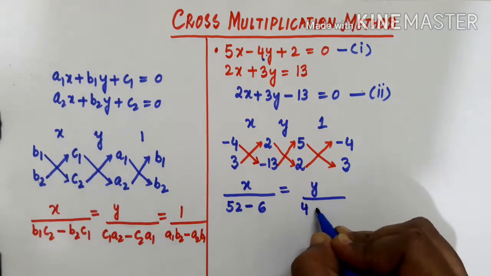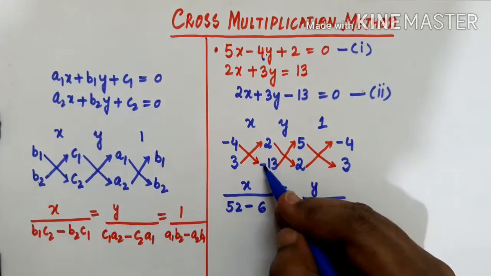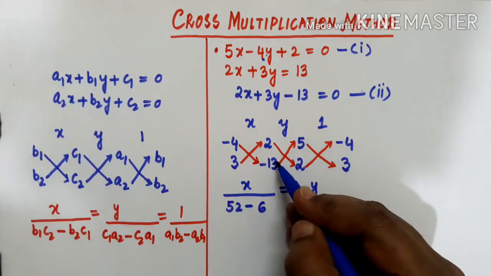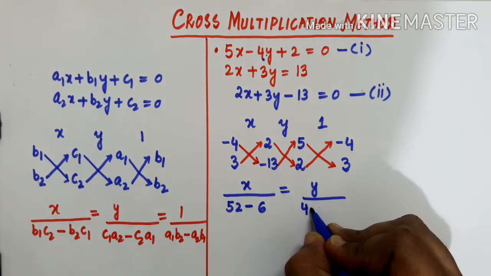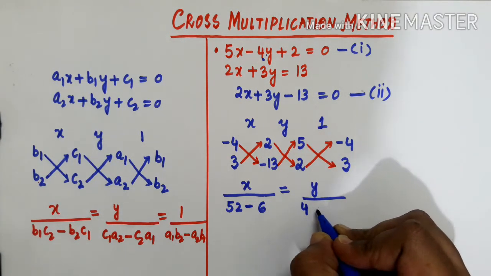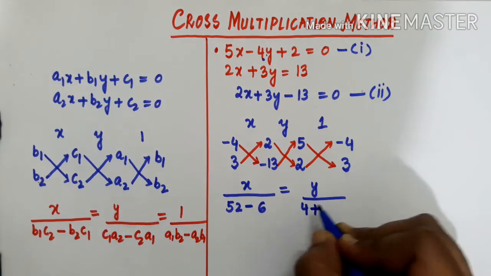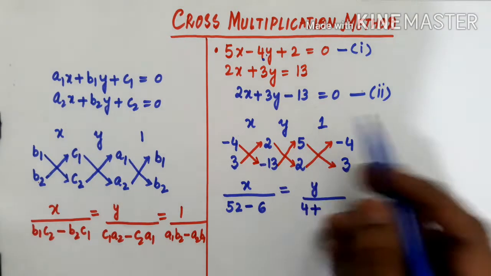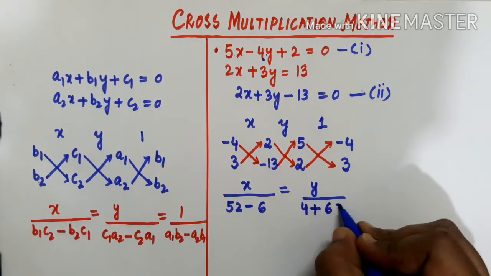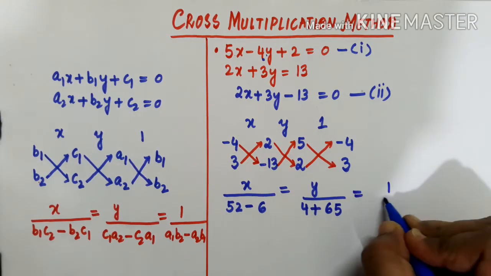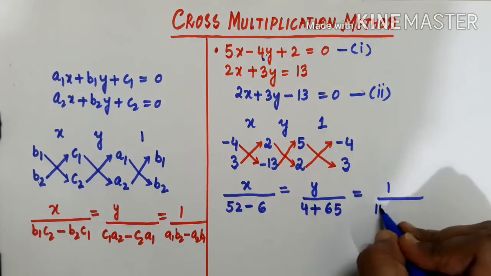Then minus, then here again minus is there, minus 13 into 5. So 13 into 5 will be 65. Then one minus we are getting here. So I'll just write minus into minus plus. Directly plus I'll write over here. One minus I'm having here and one minus here. So minus into minus will give you plus. So 13 5s will be 65 equals to 1 divided by 5 3s are 15.